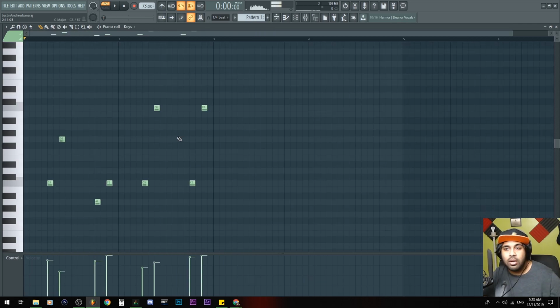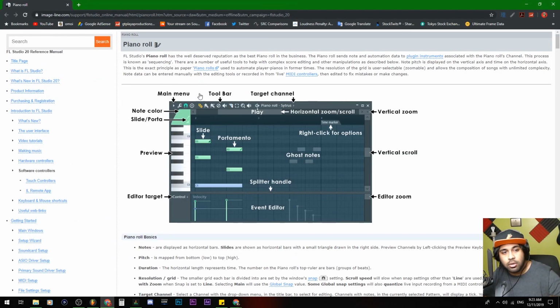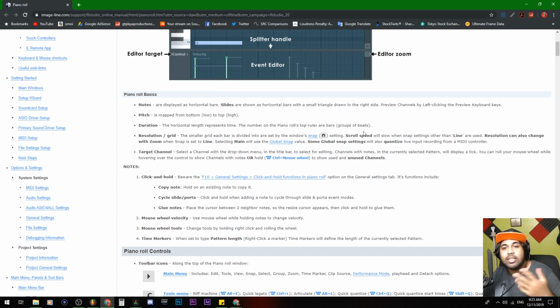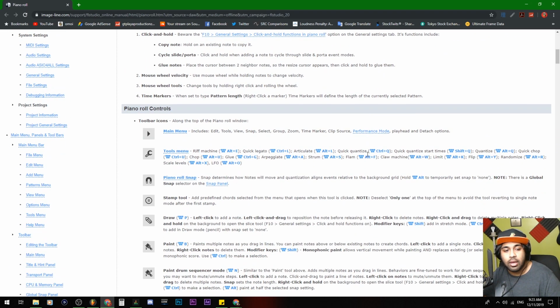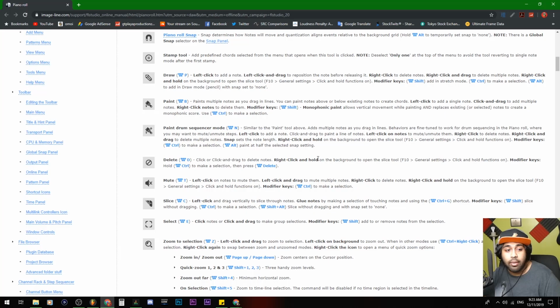This is pretty much a piano roll that you've got to get and understand. But there are other functions that you could learn if you hit F1. A window will open and it will show you everything for the piano roll. It tells you all the tools that you could learn, the mute functions and stuff like that. This is where you'll be able to learn more than what I'm teaching you right now.